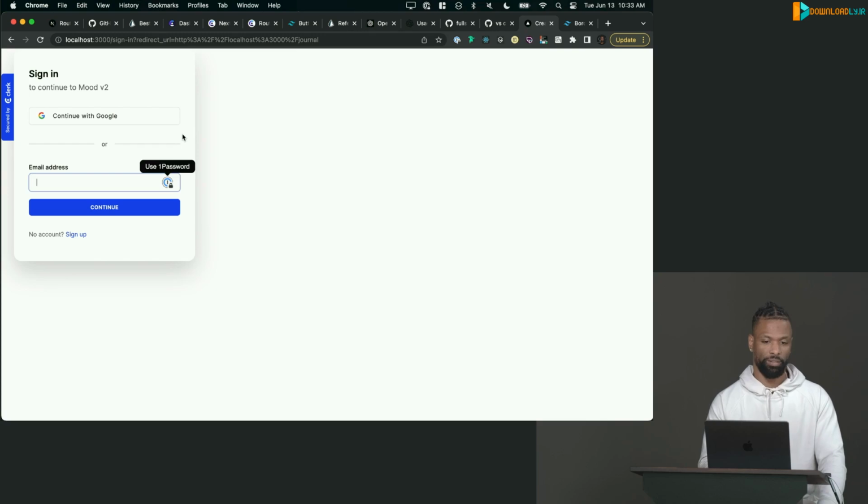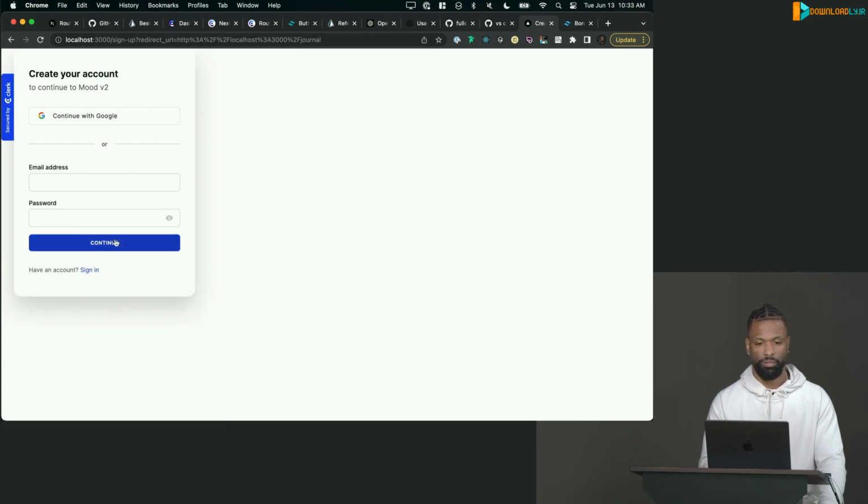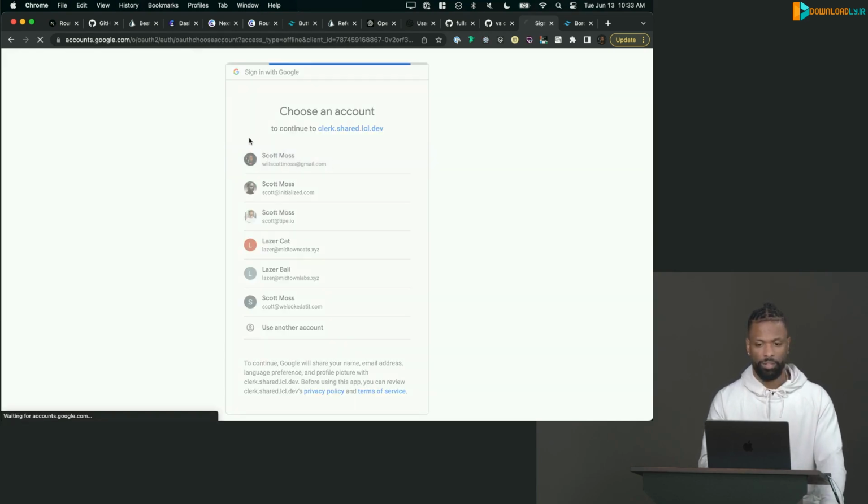I don't have an account, so I'm not going to sign in. So instead at the bottom, I'm just going to click sign up. That redirects me to the sign up page here, in which you can do your email, your password, or whatever, or you can just continue with Google. I'm just going to continue with Google. I'm going to click that,